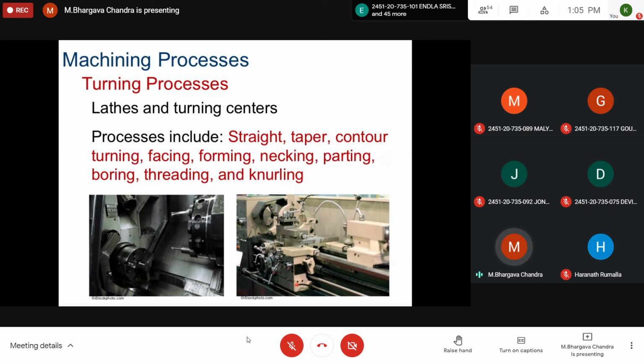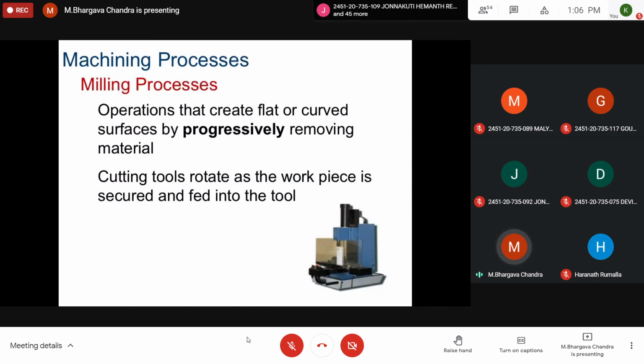Then boring is performed to create a cylindrical hole of varying or stepped diameters. Then a thread has to be formed on that particular cylindrical component. And knurling is for the purpose of grip. Surface roughness, diamond-shaped indentations, are created at one end of a component for gripping. It is called the knurling operation. All these operations you can see physically, and a lot of videos are also available on YouTube. It can be shown to you in the coming classes.